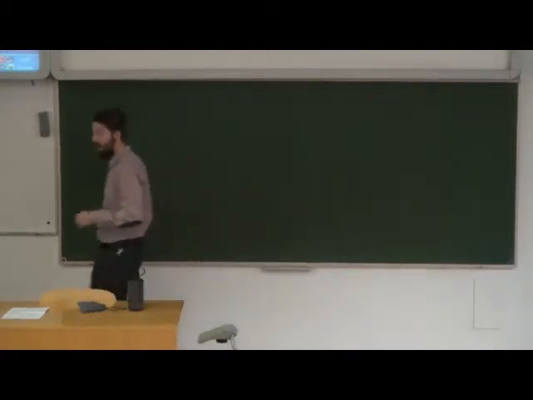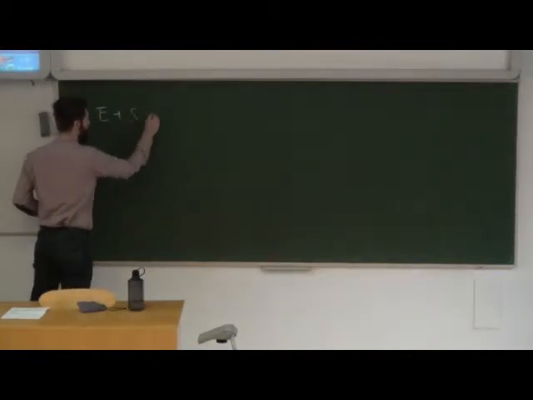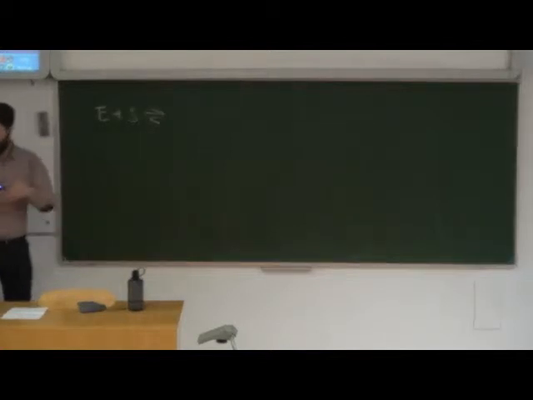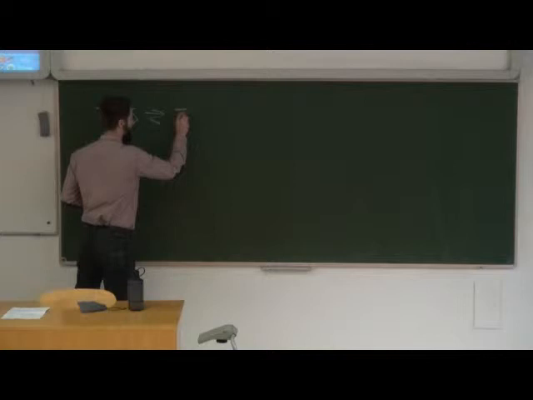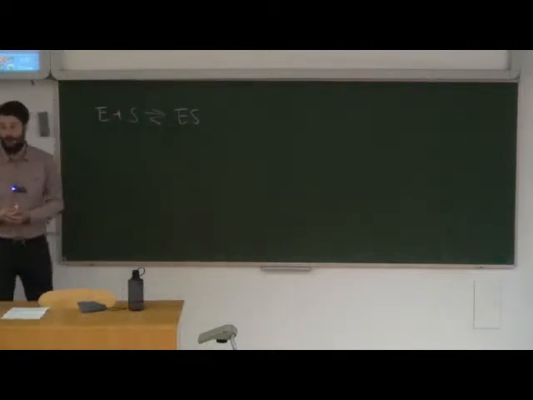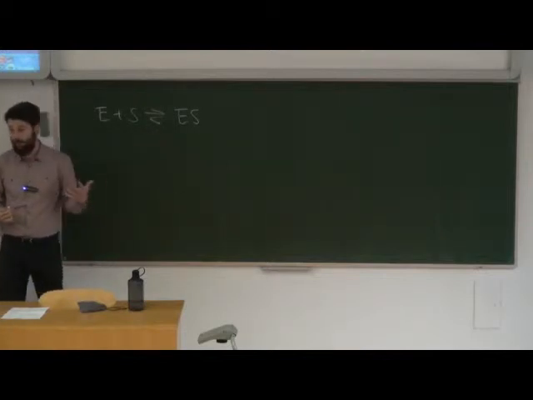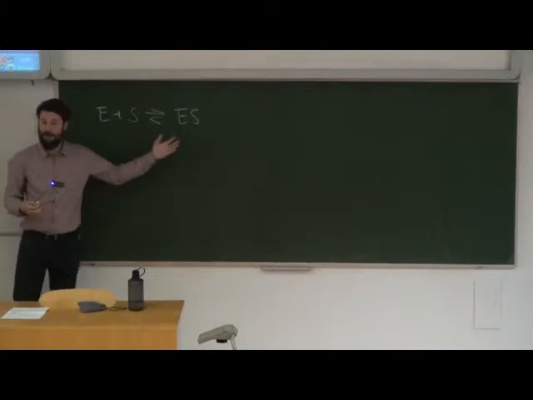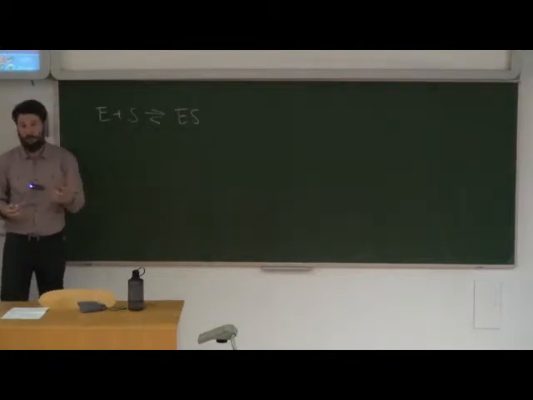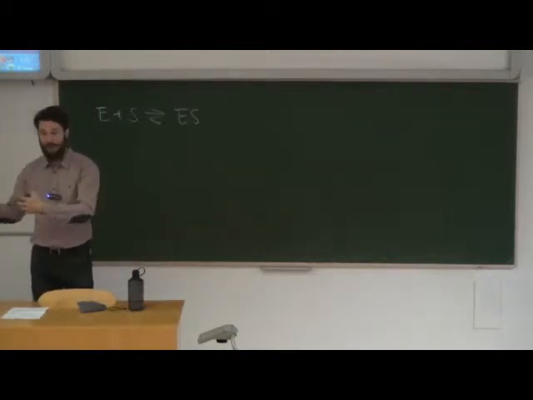Very good. So we start with some enzyme molecules and some substrate molecules, which associate together, depending on the affinity, as we'll see in a minute, into an enzyme substrate complex. And very important, that's a reversible reaction. Sometimes it's more reversible, sometimes it's less. But in theory, at least, it can go back. It's very important for the model. So the enzyme substrate complex can also dissociate back into enzyme and substrate.